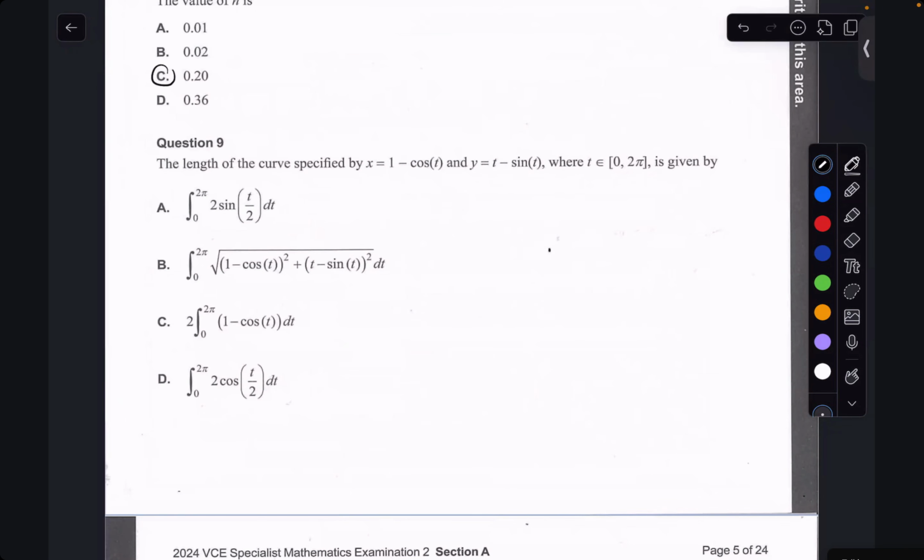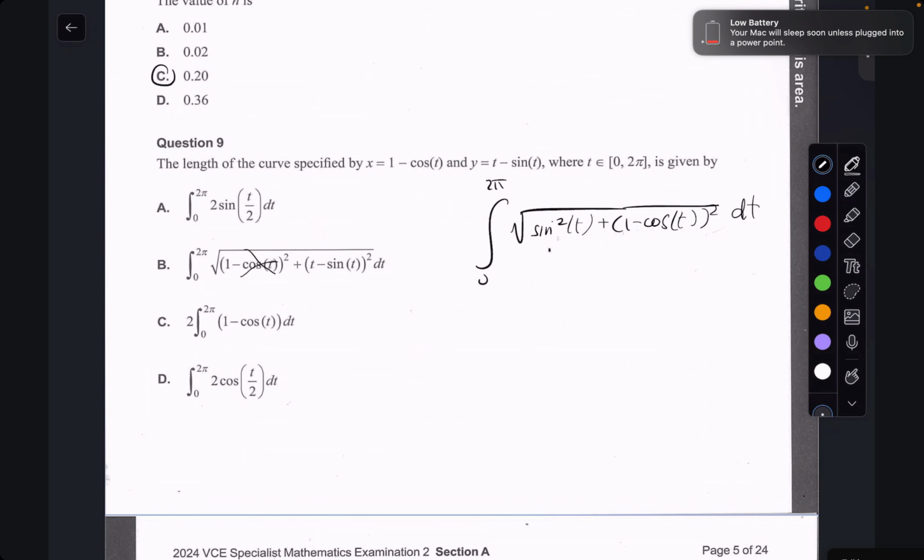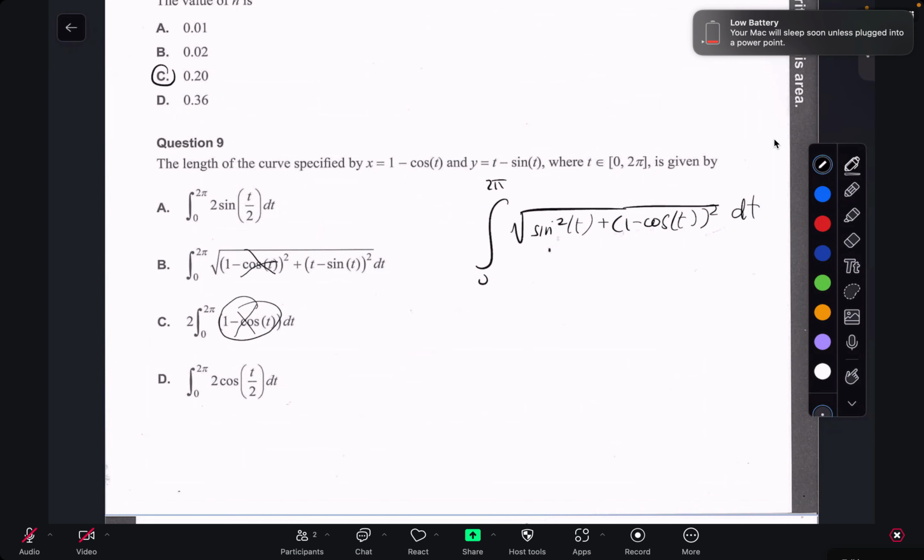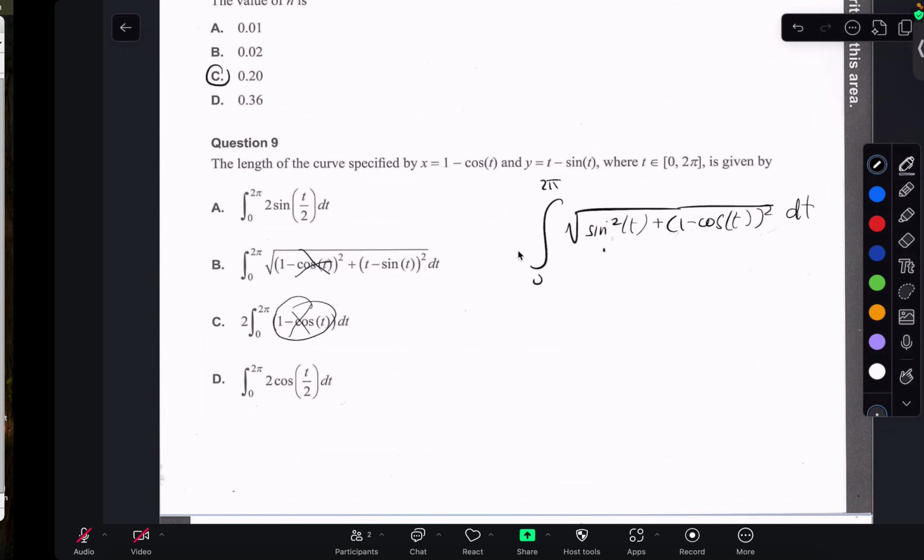The length of the curve, so the length of the curve is 0 to 2 pi square root of derivative, which is, that would end up being just sine squared, and then plus derivative of that squared, which is 1 minus cos squared. And to be honest, I can't really be bothered doing it, so it's not that. Definitely doesn't look like that. It's probably A or C, A or D. To be honest, I can't be bothered doing the algebra,